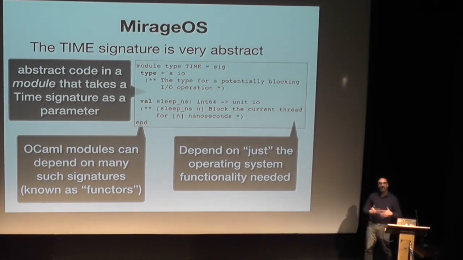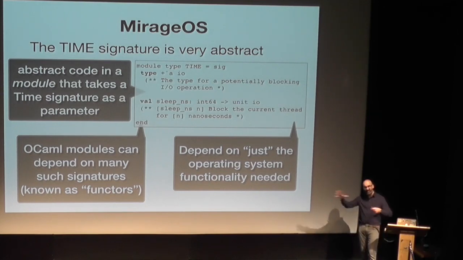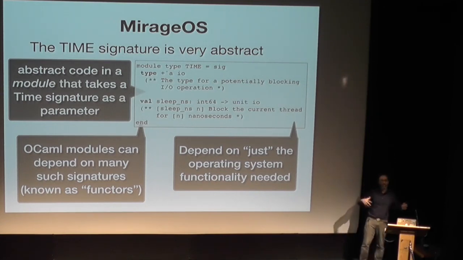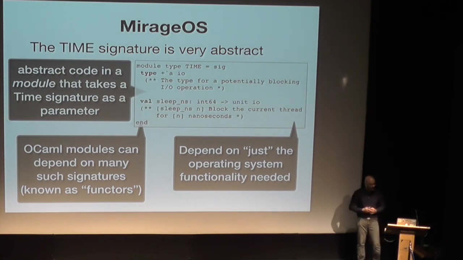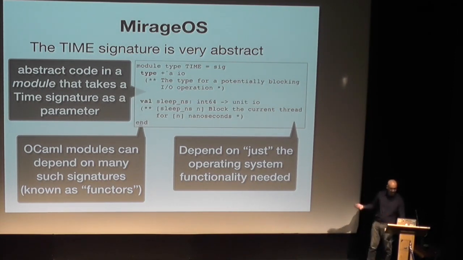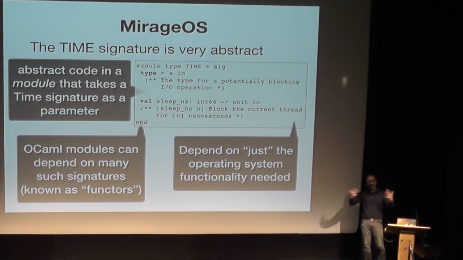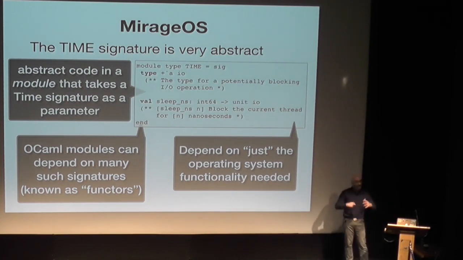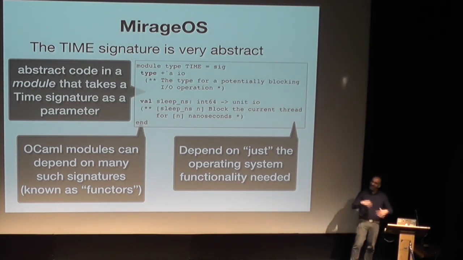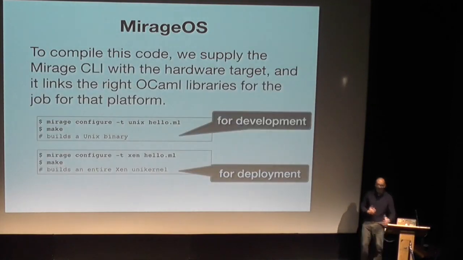And OCaml, the module system, lets you layer and stack these on massively. So we have hundreds of modules in Mirage like this that describe the small pieces of operating functionality you need, and then you depend on just the functionality that you need afterwards, and nothing more. So we're building up functional abstractions where our device drivers, our libraries, have been replaced from flat libraries written in C to libraries with the richness of a functional programming language and with all of the abstractions and power present within. How do you actually use this?